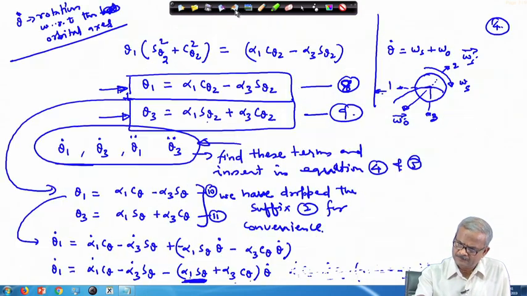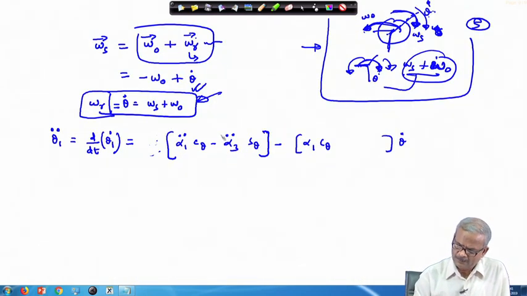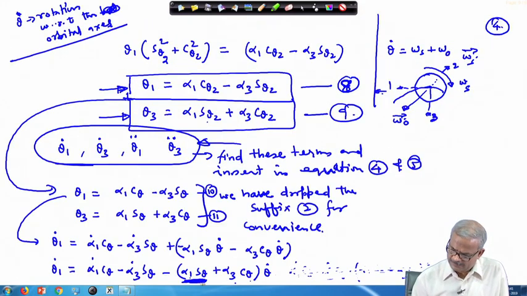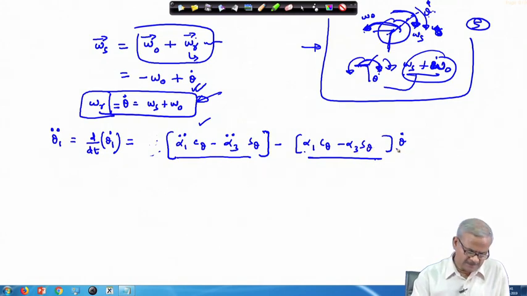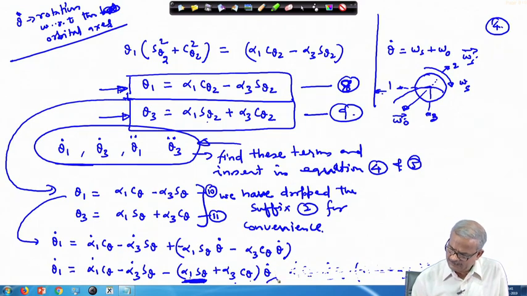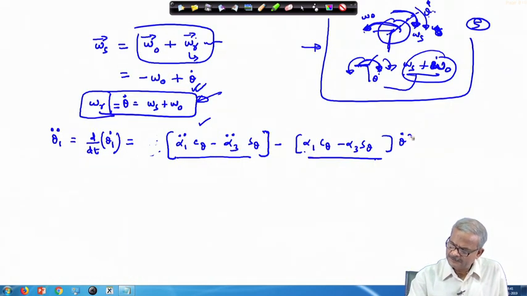Going back here, we have first differentiated alpha 1 dot term. So, this term is okay. The other term we are differentiating first this part s theta and c theta. There is no problem, you can differentiate in any order and write it. So, alpha 3 c theta. So, that becomes alpha 3 s theta times theta dot, and already this theta dot was present. So, that becomes theta dot square.